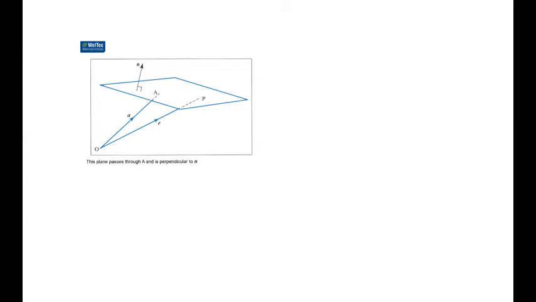So what we then end up with is that AP is equal to R minus A, and it's perpendicular to n. So that'll give us, because it's perpendicular, remember that if they are perpendicular then their dot product is 0. So R minus A times n is going to be 0, and if we just rearrange that a little,